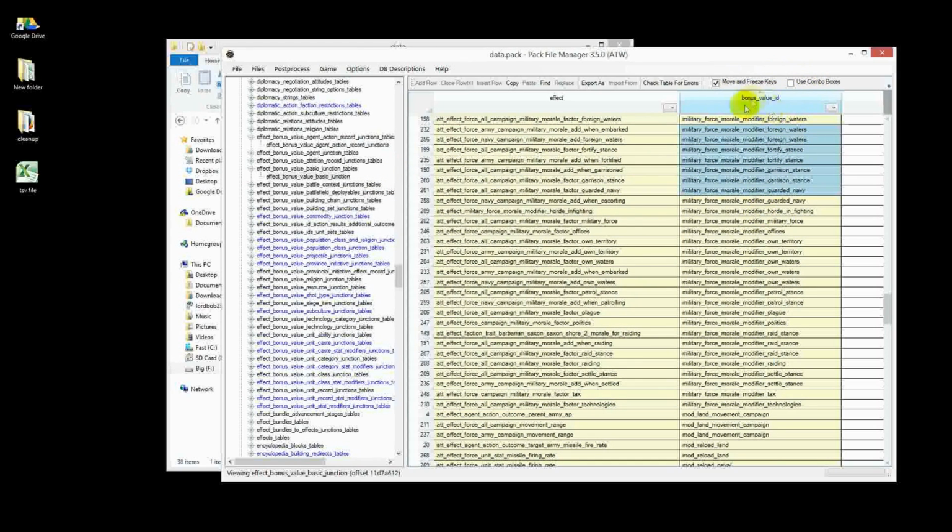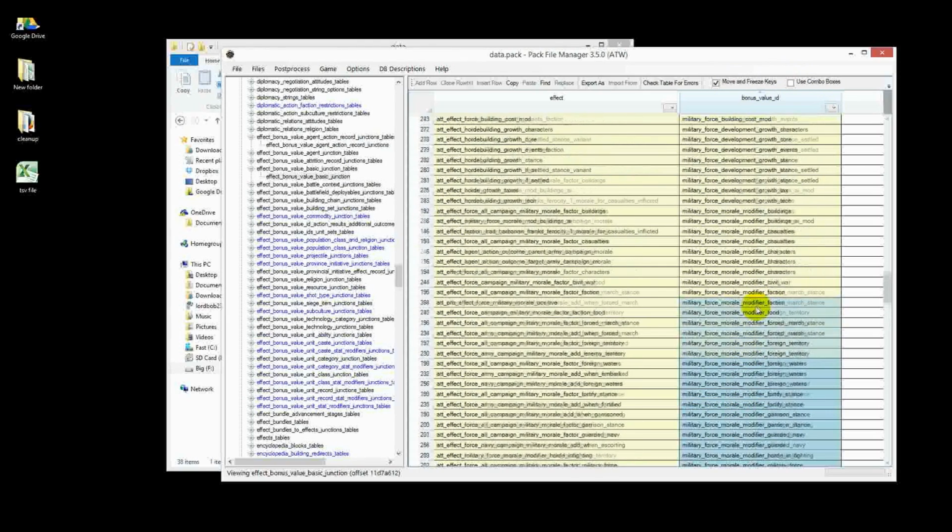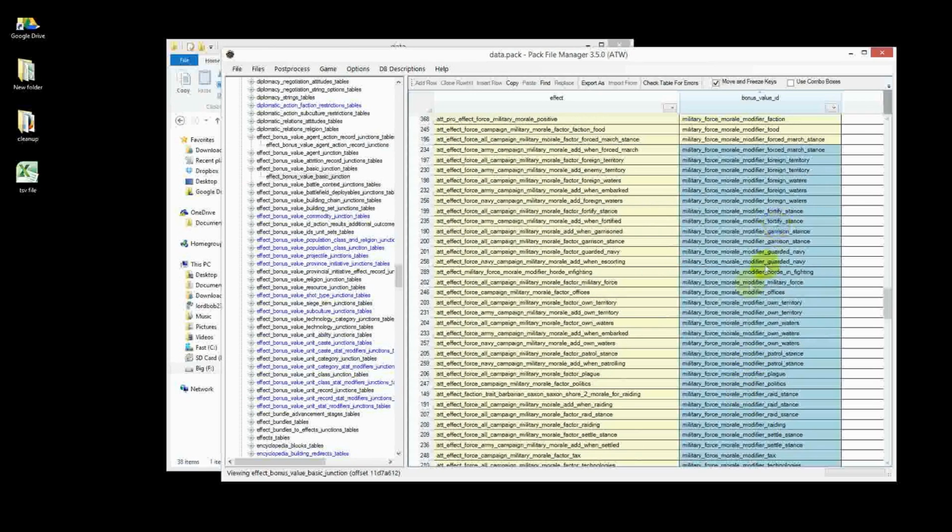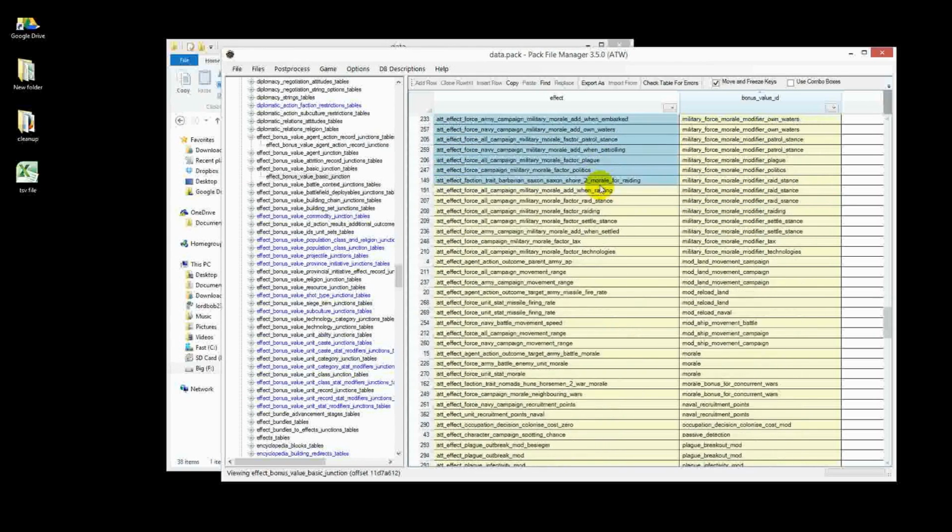okay, so first you've got the bonus value ID, which breaks them up into different categories. So when you hover over the army integrity bar and it shows you how it's being impacted, then it breaks it down into these categories. So that's all this really does. It doesn't actually mean that if you use that bonus value ID, it's only in foreign waters. And then here are all the effects that are set up for it